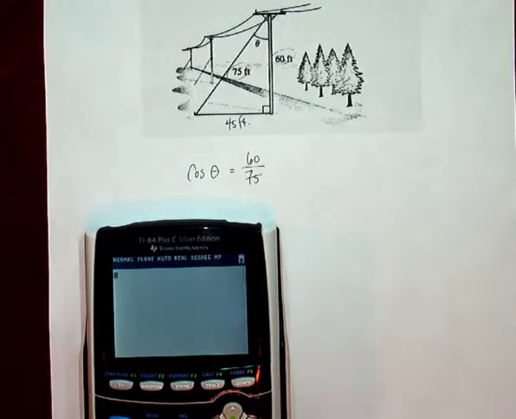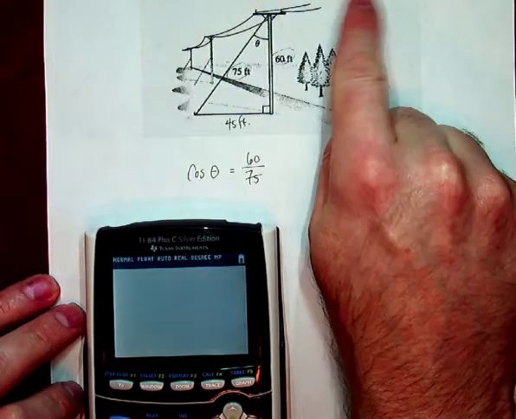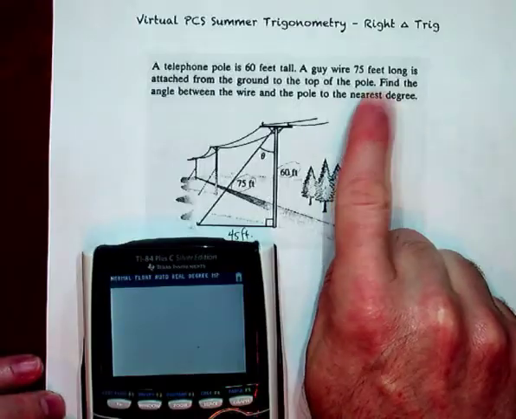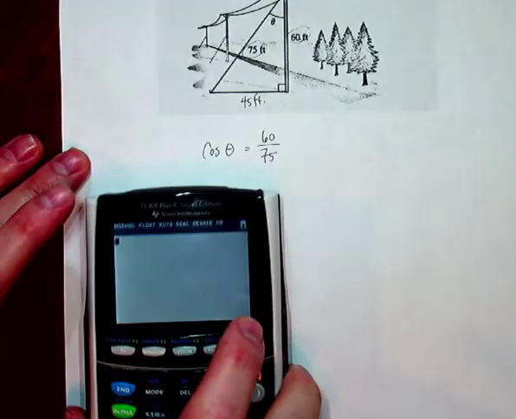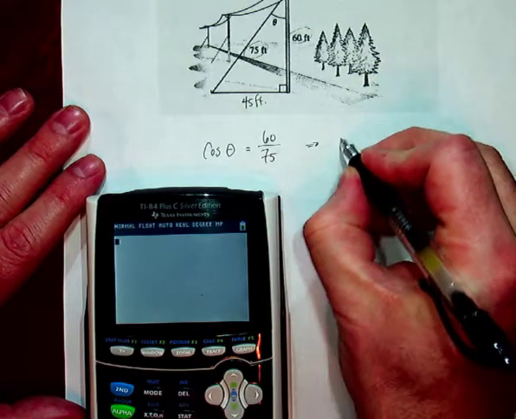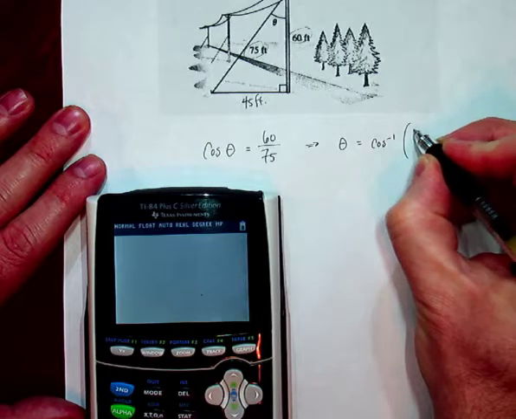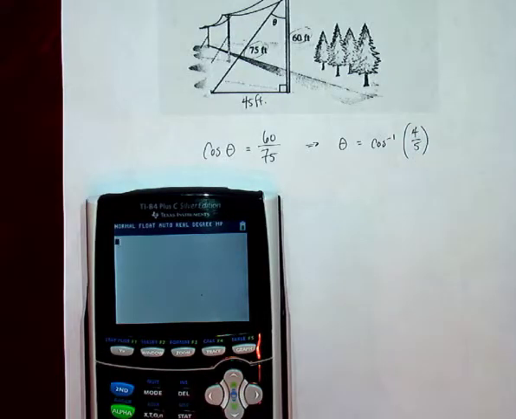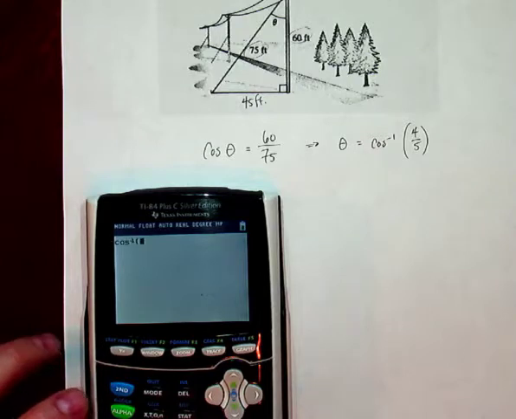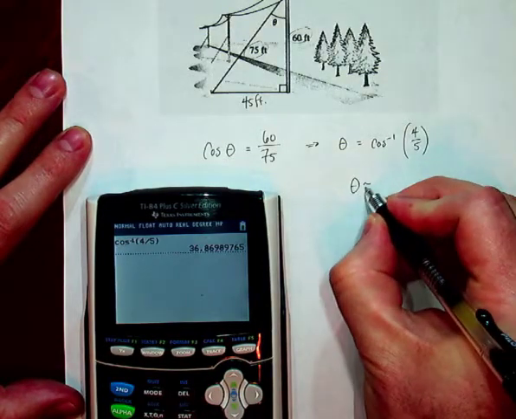Now, I'll explain it after I'm done with this, okay? You're already in degrees, and it actually asked for it in degrees, so that's good, okay? Let's go ahead, and we recognize the fact that theta is going to be equal to the inverse cosine of 4/5. So we can do the inverse cosine, so that's second cosine, of 4/5, and that's going to churn out theta is equal to